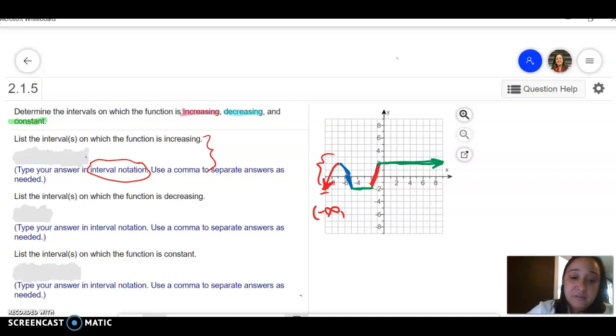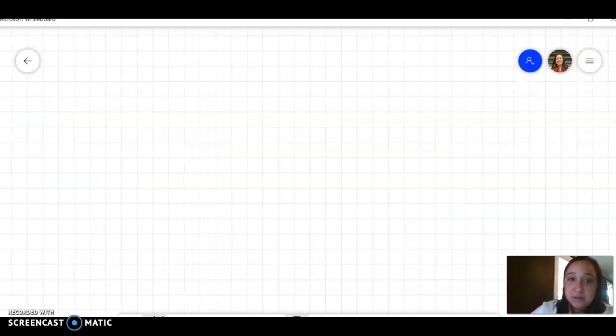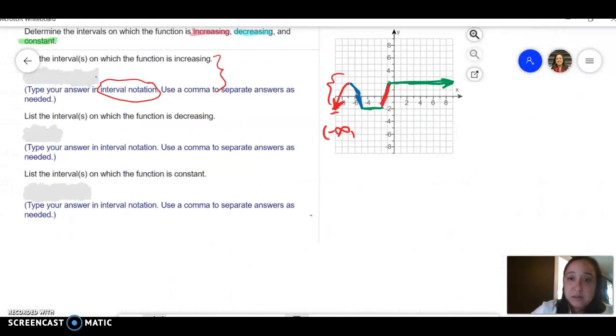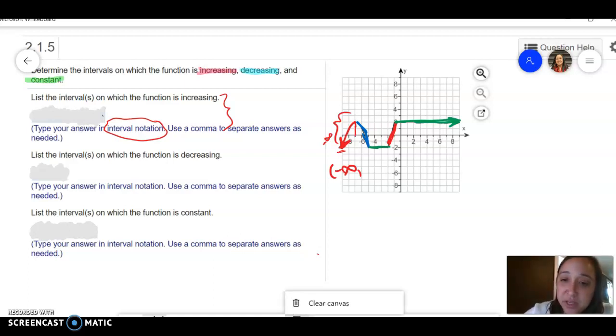My negative infinity was on this side. I apologize. This happens sometimes with my hand touching the screen. The right side is right here. The important part is the x-axis. Where is that on the x-axis? Well, over here,